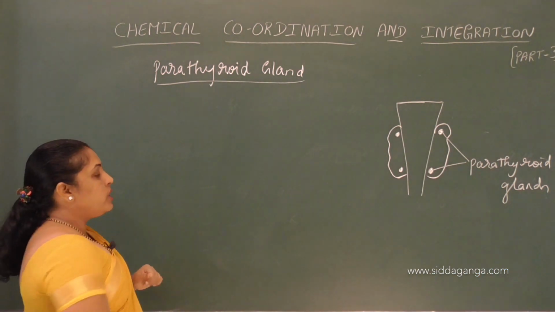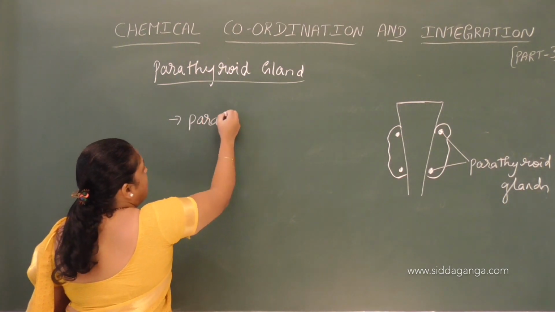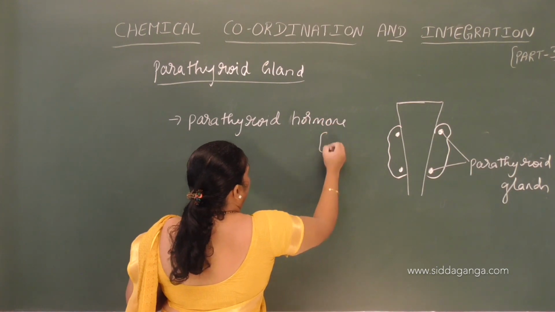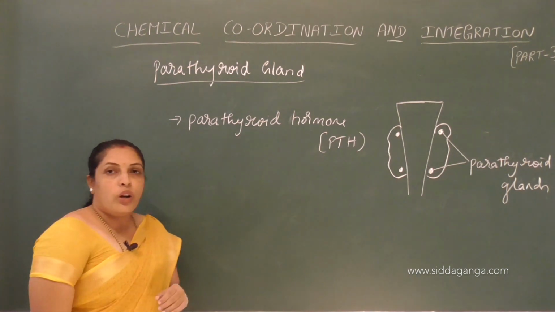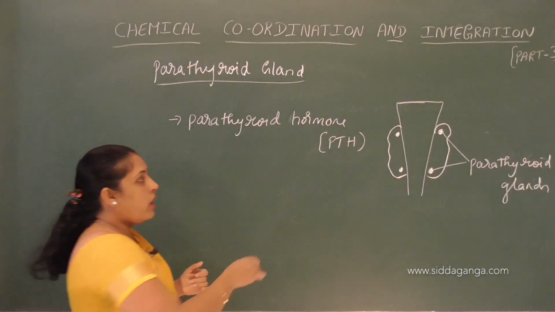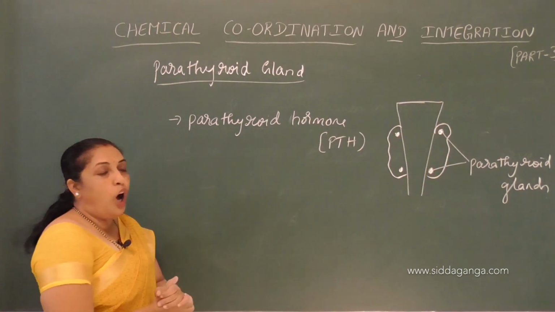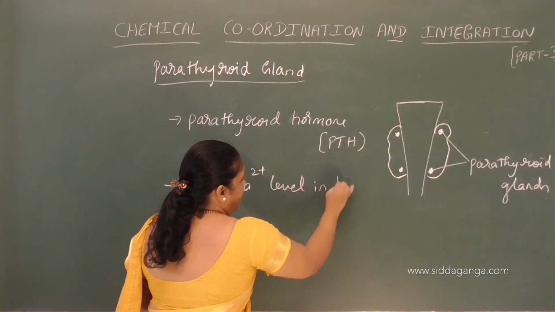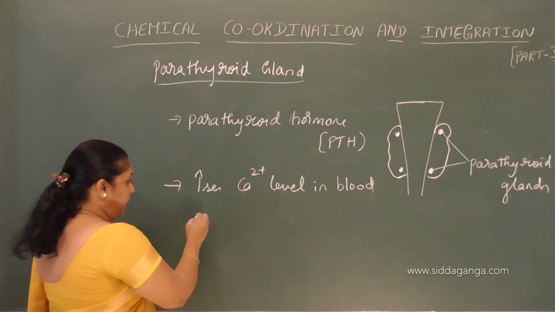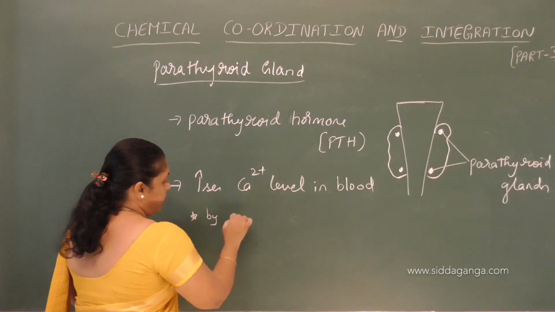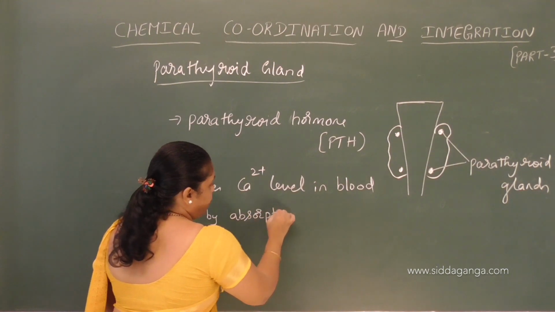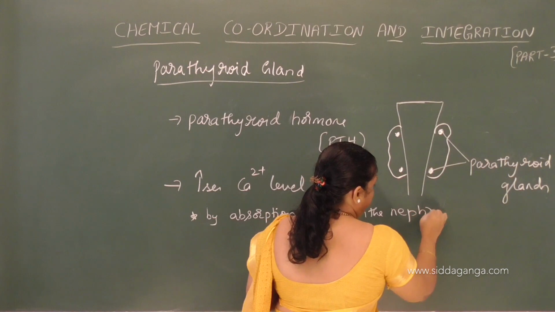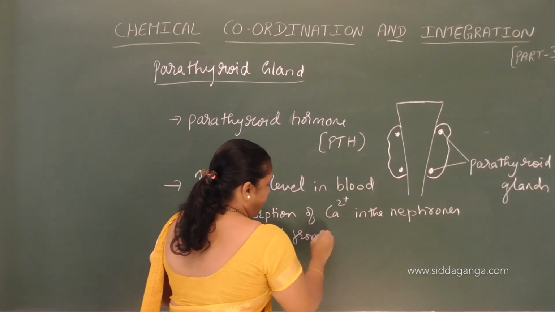These parathyroid glands produce a peptide hormone called parathyroid hormone, PTH. The parathyroid glands are 4 in number, and this hormone increases calcium level in blood. It increases calcium level in blood by absorption of calcium in the nephrons and from digested food,